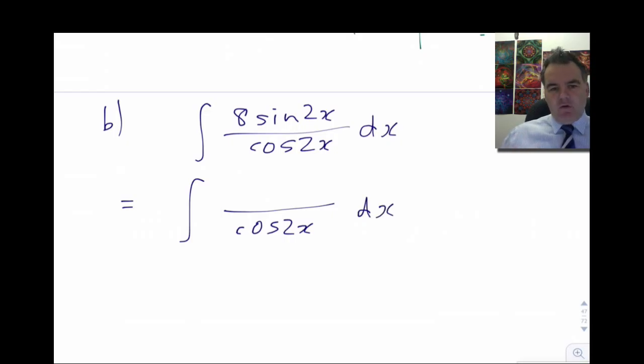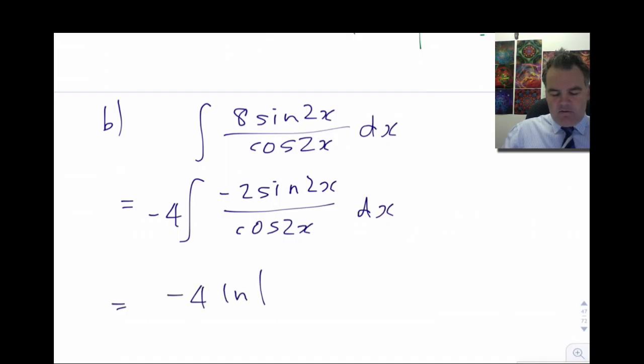We know the derivative of cos 2x is going to be -2 sine 2x. So that's the format I want, and I've nearly got it. All I need to do to adjust for the number at the front is write -4 at the front, and then I've got it. Then I've got it in the form derivative over original, so my answer is -4 ln |cos 2x|